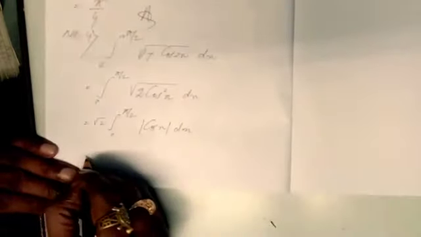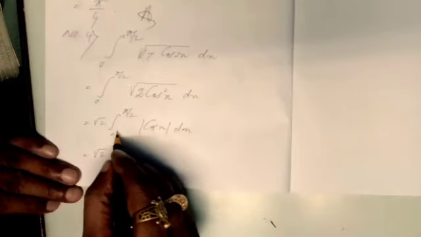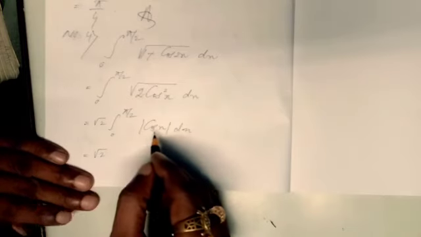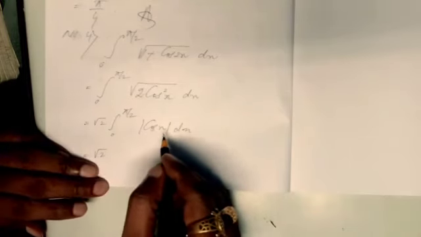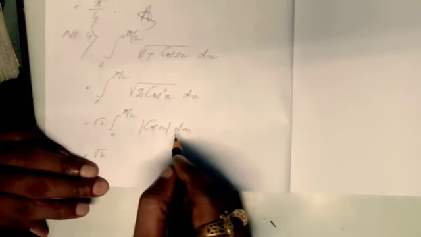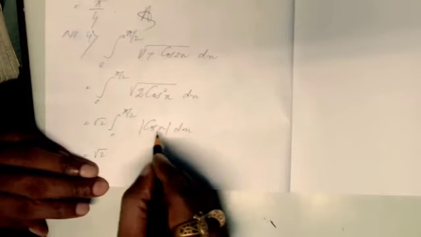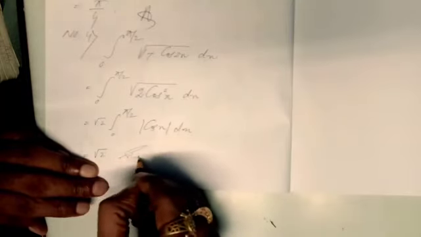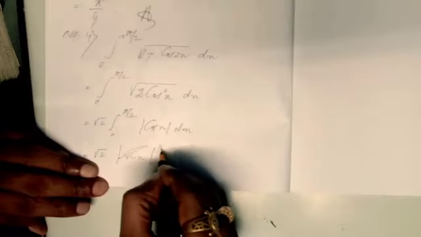As it is 0 to pi by 2, this is the first quadrant, so all the trigonometric ratios are positive. In case of the first quadrant 0 to pi by 2, all t ratios, sin, cos, tan, cosec, sec, cot, all will be positive. Therefore, this will be cos x. The integration of cos x is sin x, limit 0 to pi by 2. Now, if I put the upper limit value, that will be root 2. Sin pi by 2 is nothing but 1 and sin 0 is 0. Final answer is root 2.